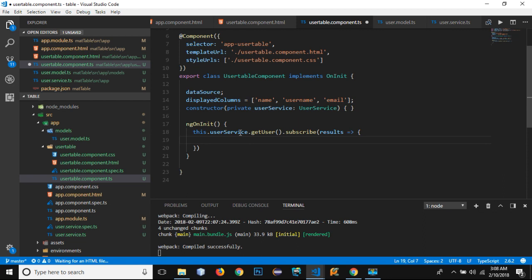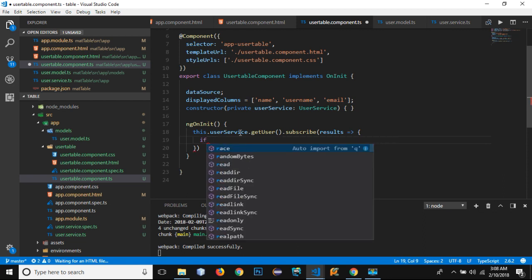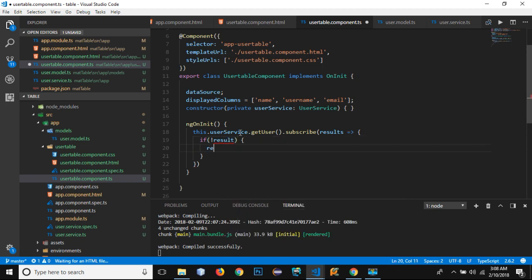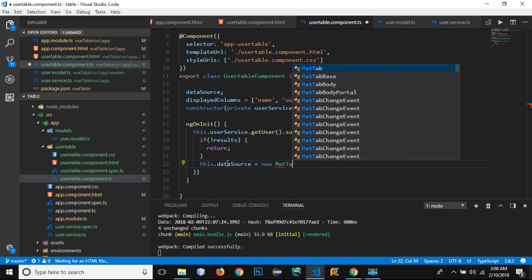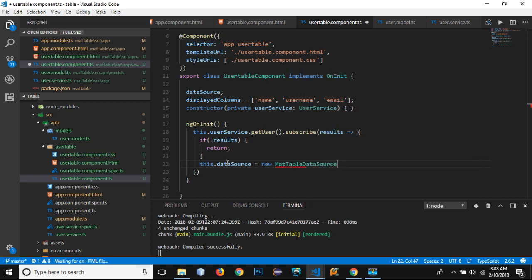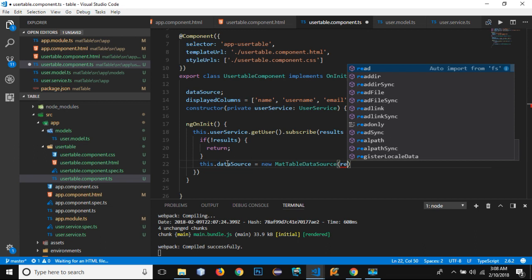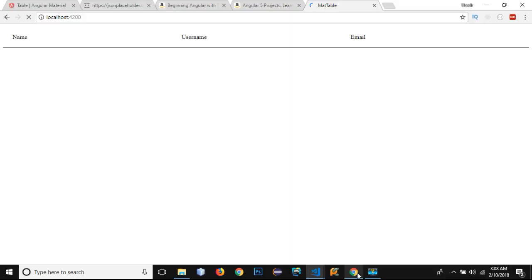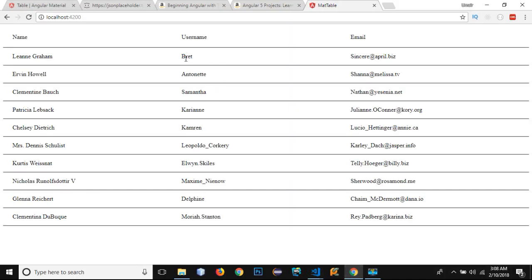and inside it let's check if the result is fetched successfully. If there is an error, I'm going to return the results. Okay, and after that I need to put the data in my data source variable. So this.dataSource equals new MatTableDataSource, and I need to push the results right here. So let's save it and let's go back to our browser,